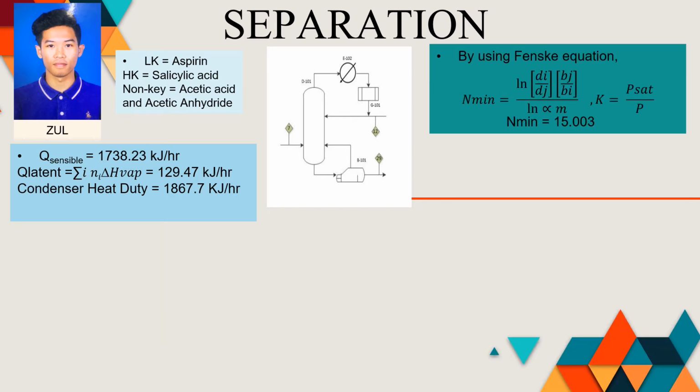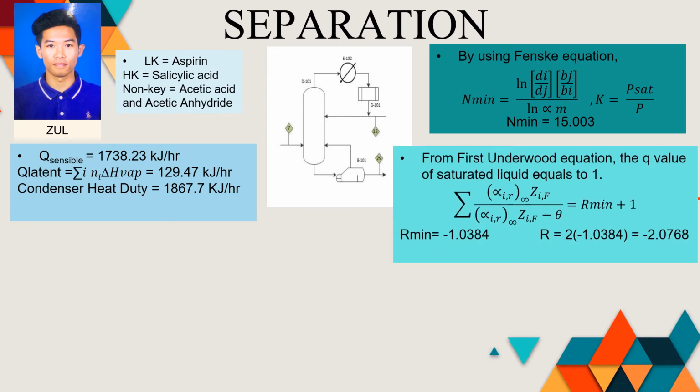To find the number of stages, the shortcut method has been used. Firstly, by using the Fenske equation, we can find the minimum number of stages. The value after the calculation is 15.003. Next, from the first Underwood equation, the q value of saturated liquid equals 1. This can help us to find the theta value, which is needed to find the Rmin. Lastly, by using this formula, we get Rmin equals